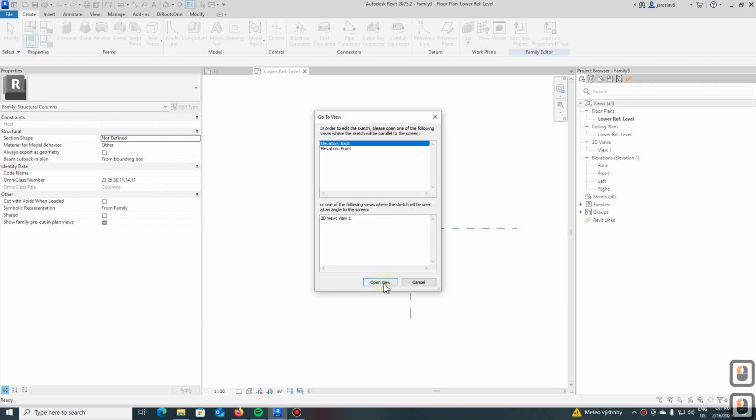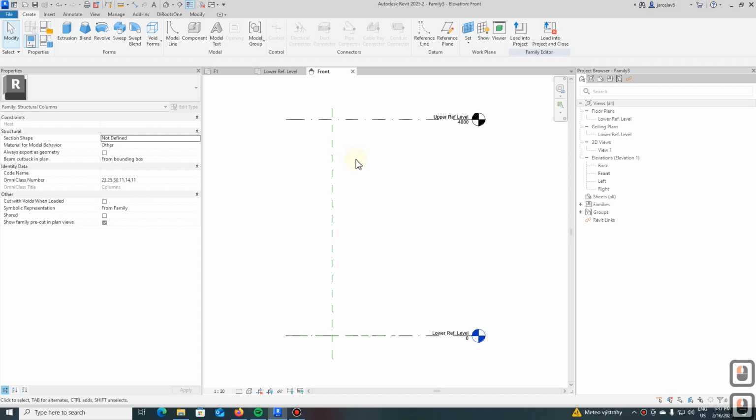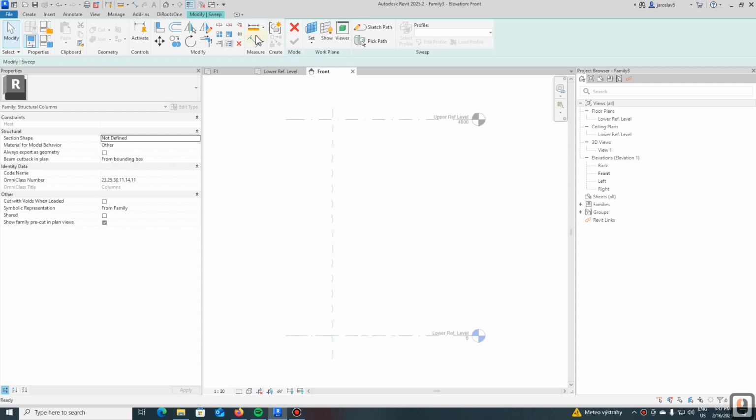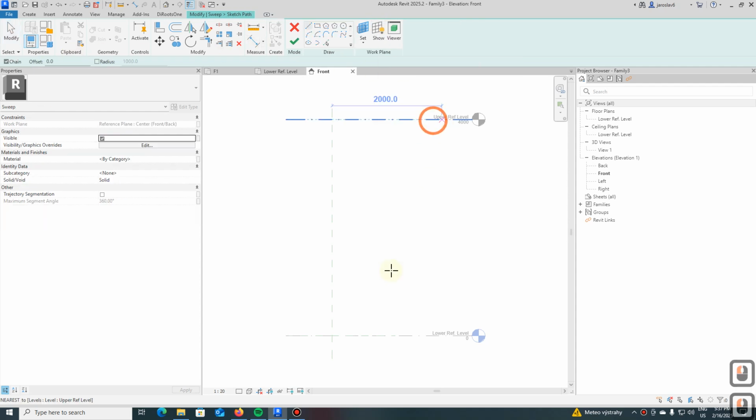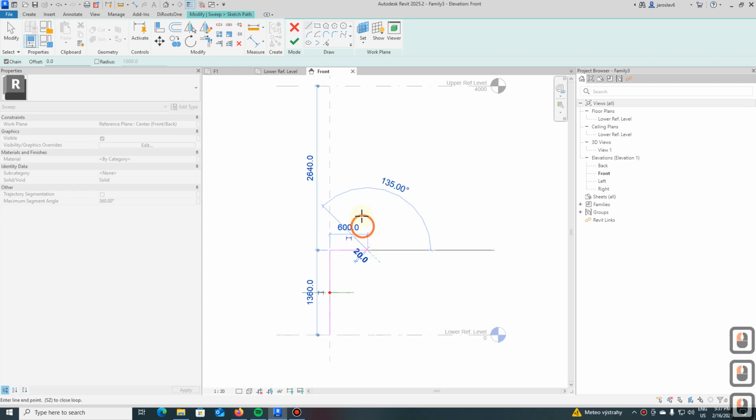So now this reference plane is active, and I go to front, and now I can draw the sweep line. So I select sweep, I click on sketch,